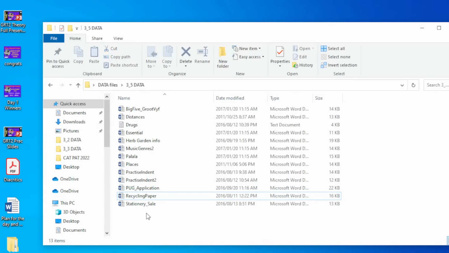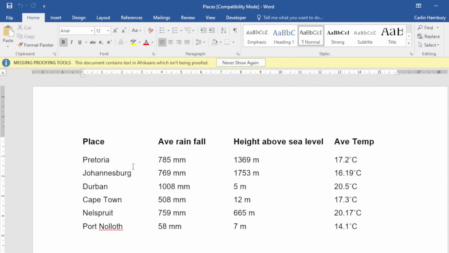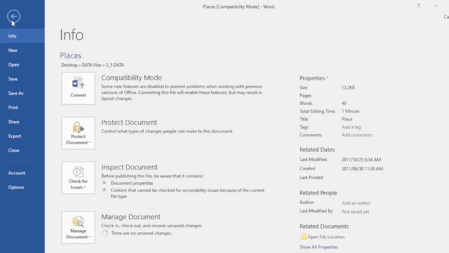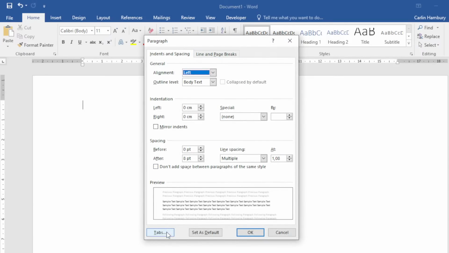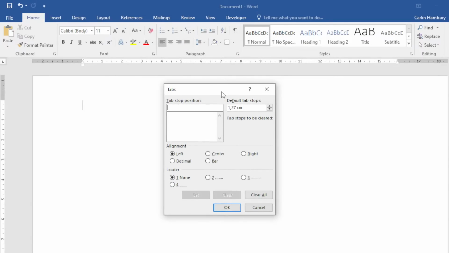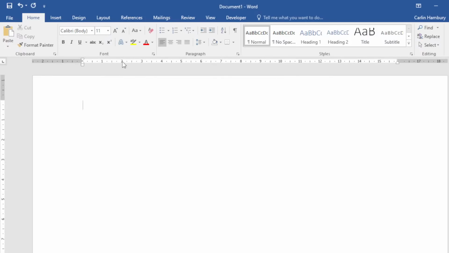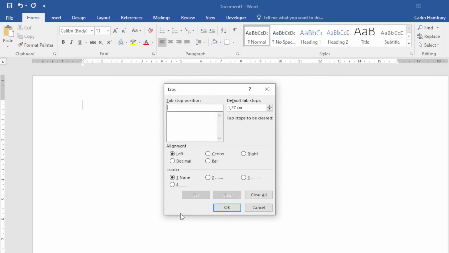Let's open up donors, places. They wanted us to open that up. Okay, so basically we want to be looking at tabs. Now first of all, when we deal with our tabs, we can go to paragraphs over here. We can go over to tabs, and we can put tab positions or tab stop positions in place. Now at the moment you don't see anything on your ruler, okay? But if I go to my advanced options over here and I go to tabs,